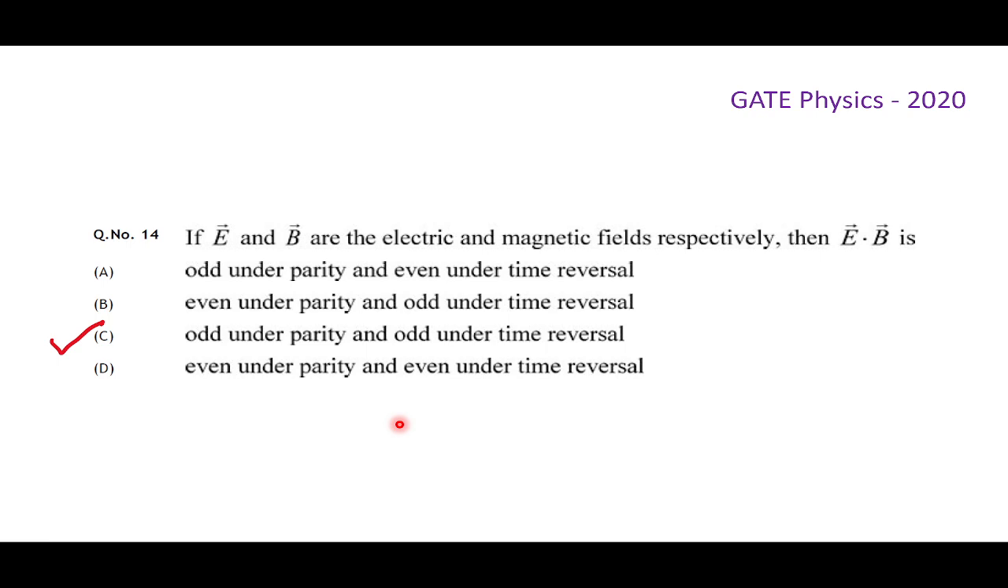E can be written as KQ by R square times R cap. So from there we are directly getting that it's odd under parity. But how to write E in terms of time? Should we write the plane wave equation solution? That will work, or let me think if I can answer. So under time reversal,